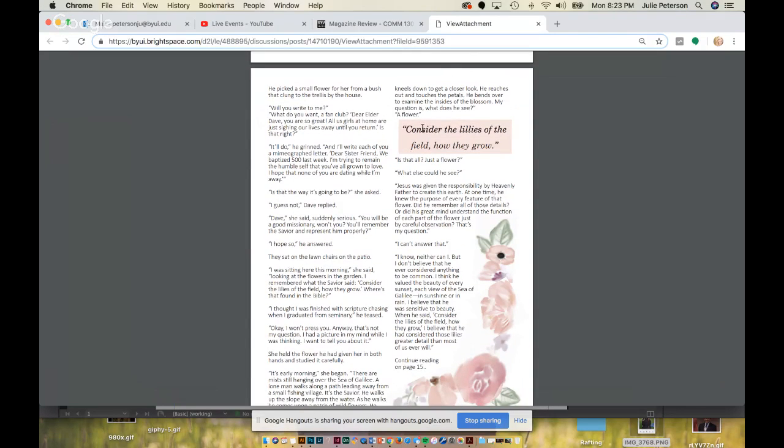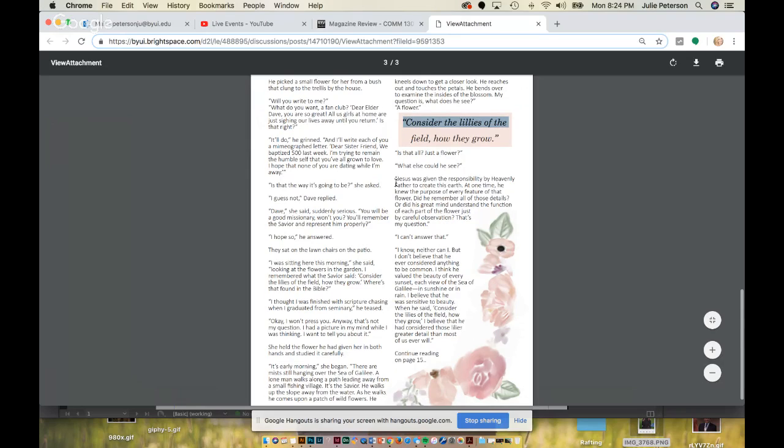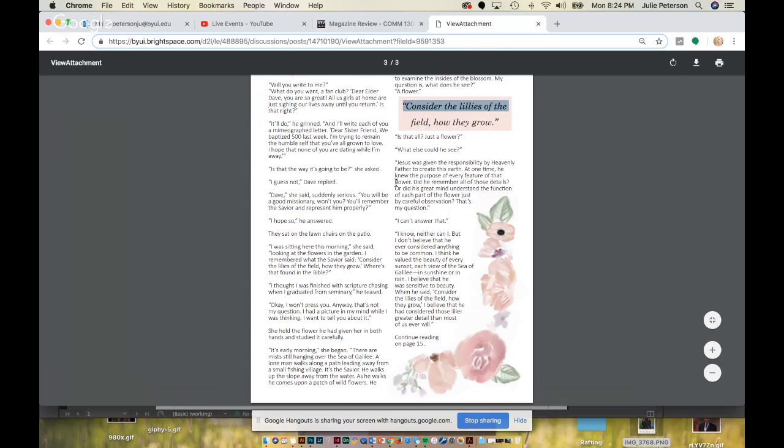I don't like that this is interfering in the middle of what's being read, like a flower. Is that all? Just a flower? What else could he see? See, I feel like those group together, and I feel like this quote box is interfering with the proximity of this. So I would either take this quote box and move it underneath where it's not interfering in the middle of thoughts, or have it come over here and have the text wrap around it, okay? One of those options.